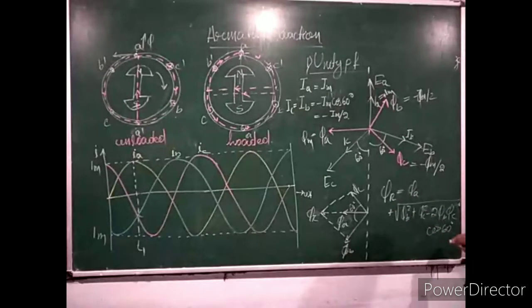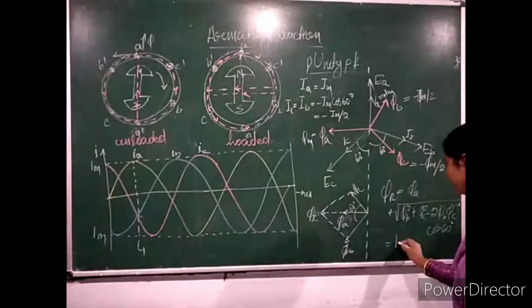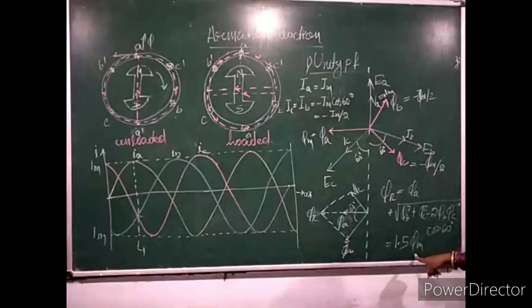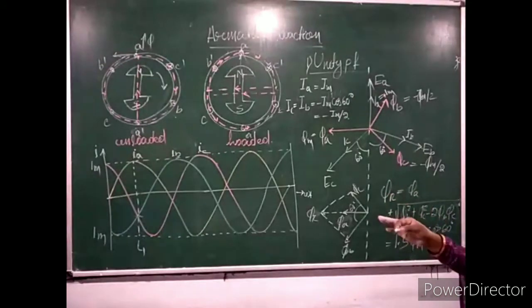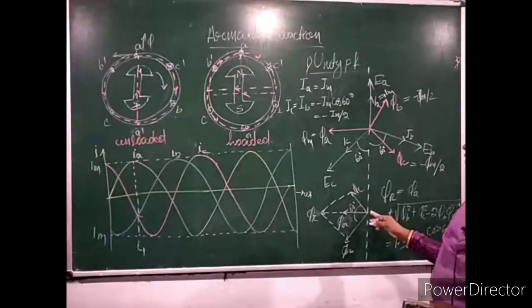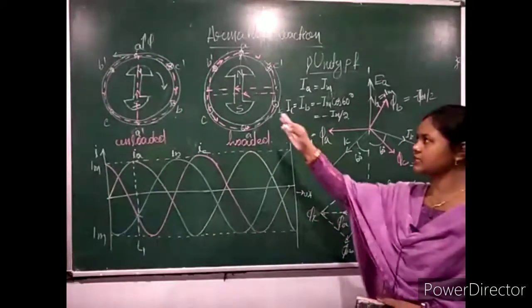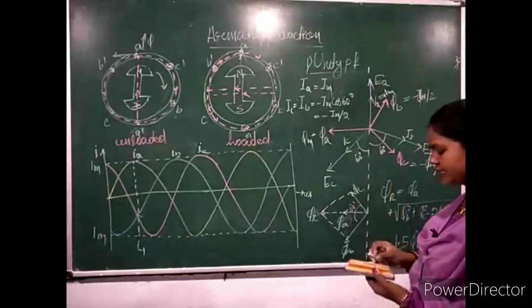So here, if you solve this equation, you get the resultant flux is 1.5 phi m. This is the average flux produced by the armature conductor, and its value is always constant. It does not change. Only the power factor affects the armature reaction. So here we get the direction of resultant flux in this direction and the main field flux is upward.